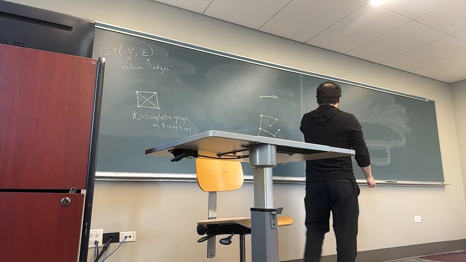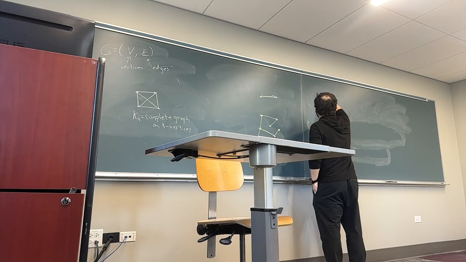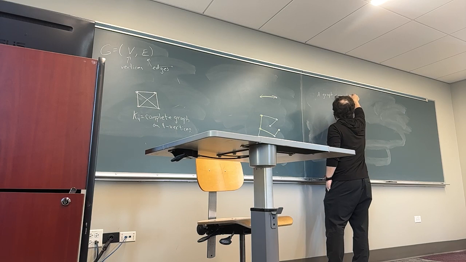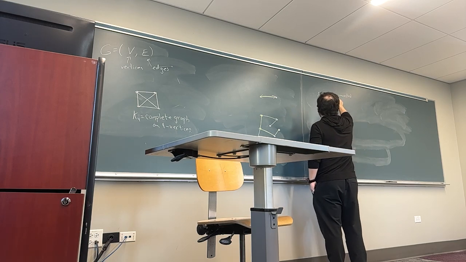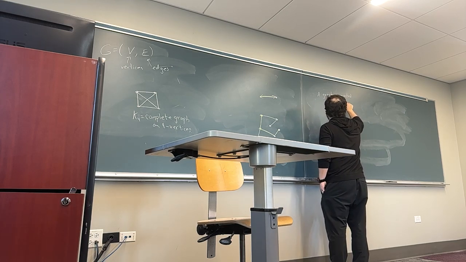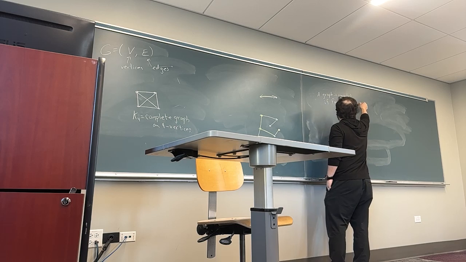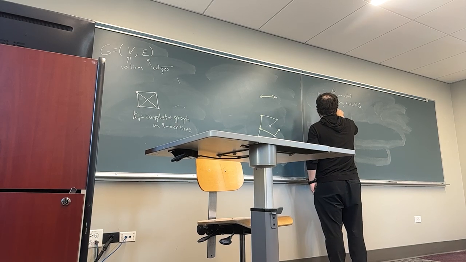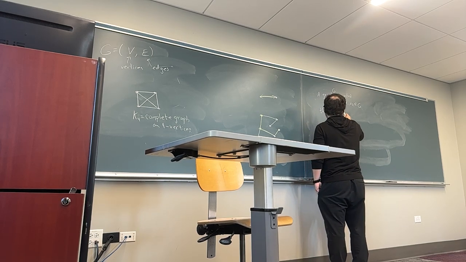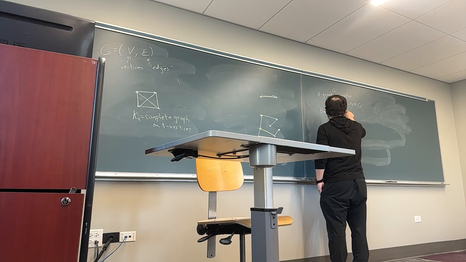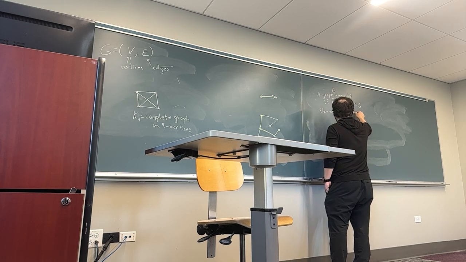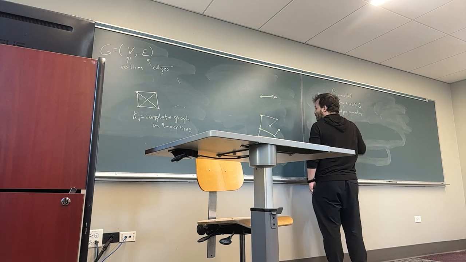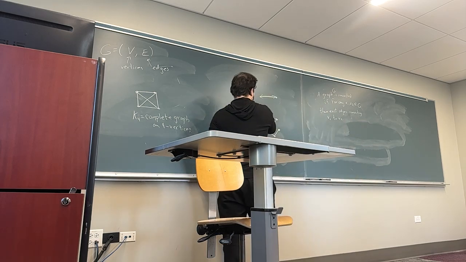Alright, so a graph is connected if for any two vertices in the graph there exists edges connecting V1 to V2. So for example, this guy